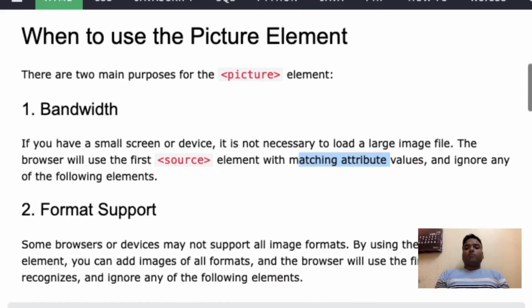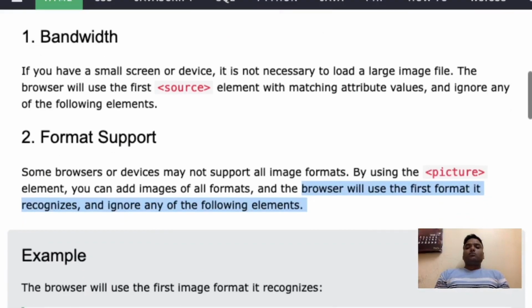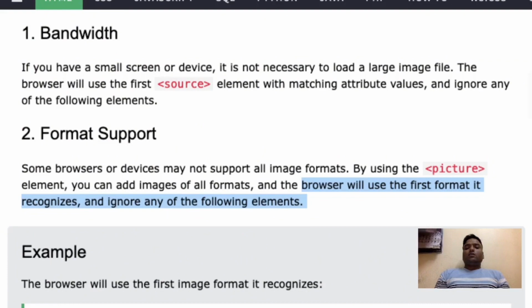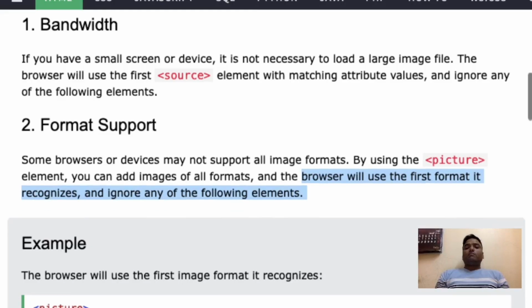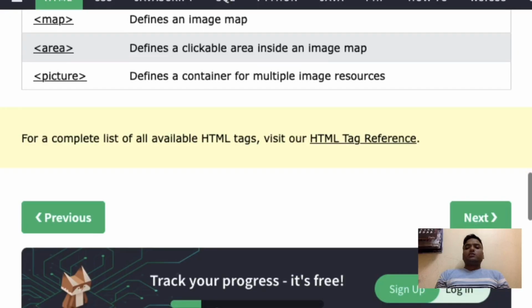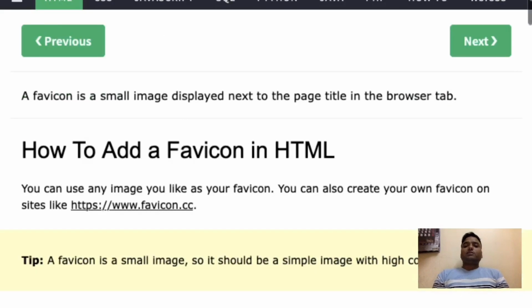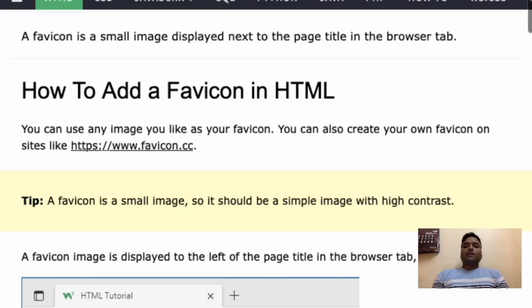The other and smallest topic that we have to study is the HTML favicon. How to add a favicon in HTML? A favicon is the icon that you see in the title bar, at the left of your web page, in the browser tab. After the title element you have to write link rel is equal to icon and type image slash x icon, and you write the link of that image where it is located.